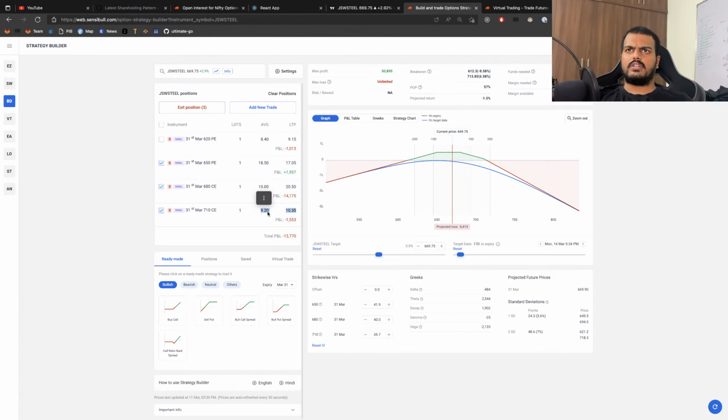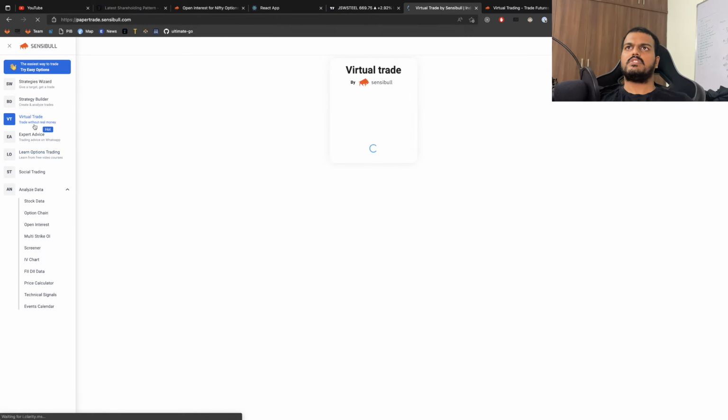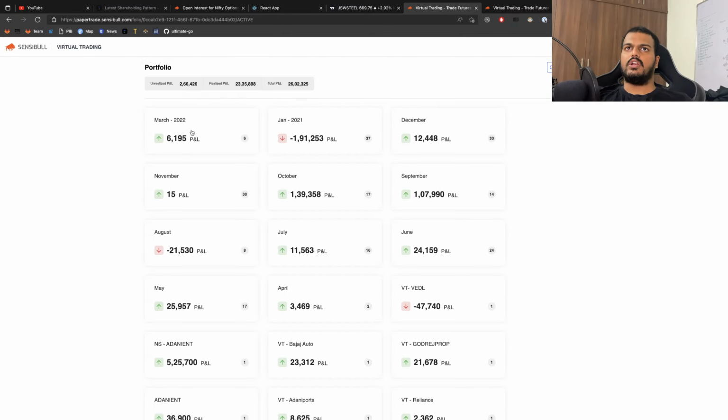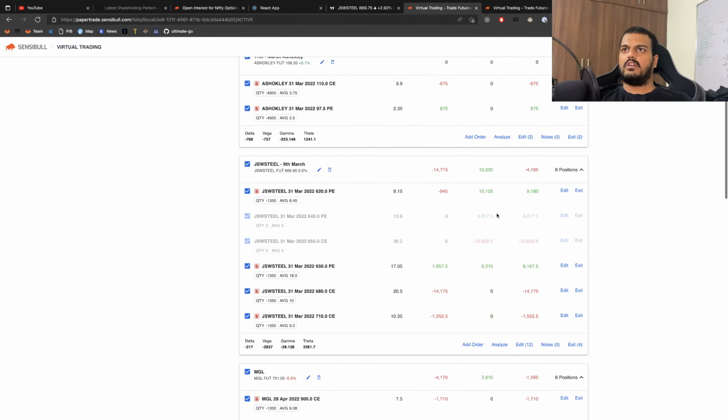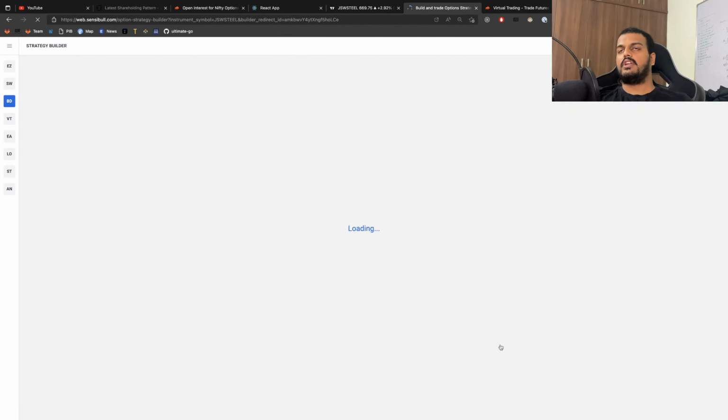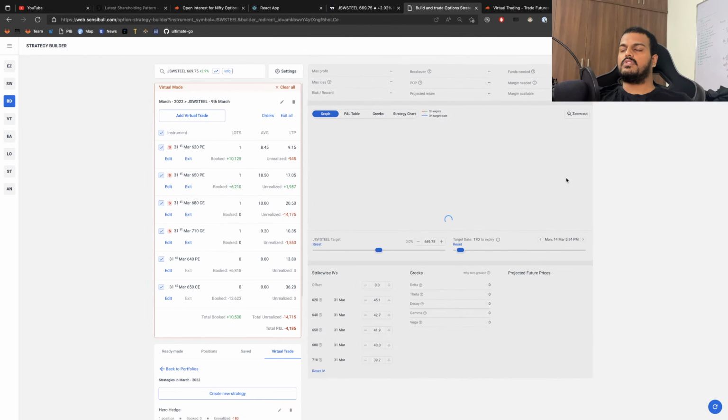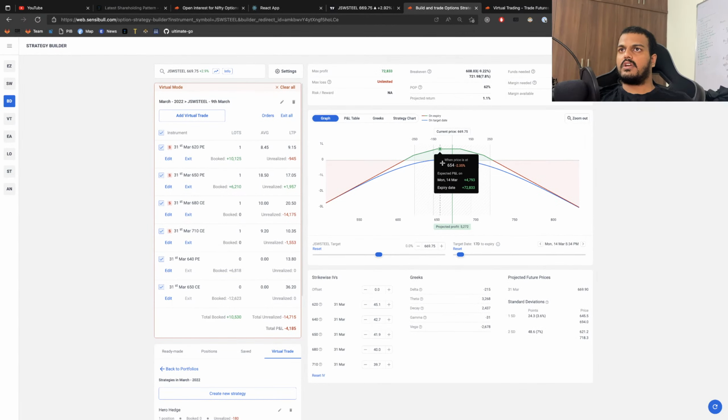And this one I have sold at 9.2, which was a decent price, and also exited from 640. So that is a decent profit which we are expecting. Overall, the recent trade of JSW Steel looks like this, and we are in decent losses right now, not so aggressive. If you are seeing the risk to reward here, ultimately, if we go through this, the risk to reward is quite fine right now.